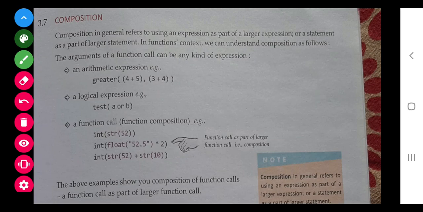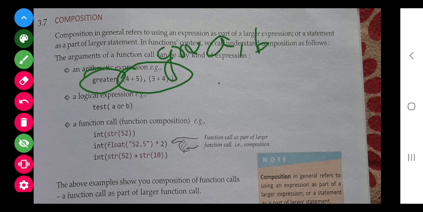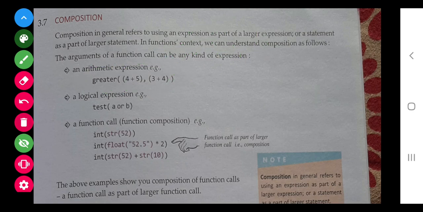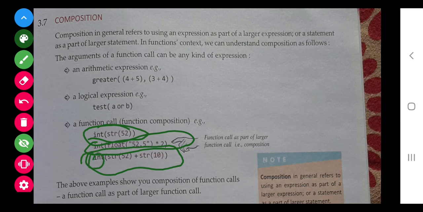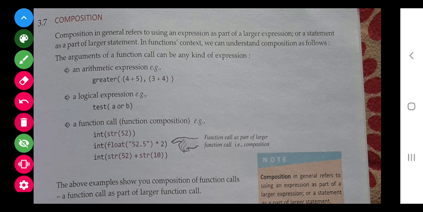So you do this and do it practically. Call this function, make a function greater, and pass these two values. There you make parameters a and b under greater, then you see what the result will be. Similarly here also, you can directly print this. There is no function call because int is an inbuilt function. Int, float, these are all inbuilt functions, so we can directly do it. But this is not an inbuilt function, you have to create a function for it.